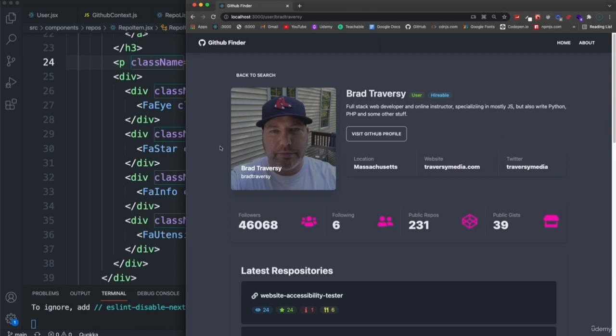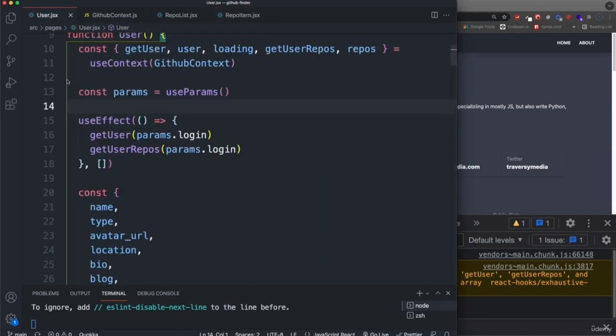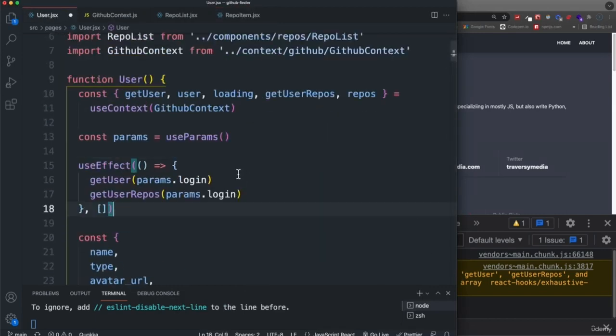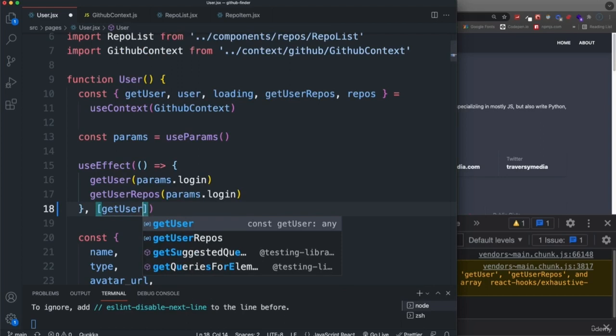One other thing that I want to mention is if we open up our console, you might have noticed this warning here: React hook use effect has missing dependencies, get user repos. So that's talking about the user page or the user component. And the reason it's complaining is because in our use effect, we're calling get user and get user repos, which are functions that were created outside of the use effect. So it's saying, hey, add them here as dependencies like this. Now, you don't want to do this. Don't do this, because if you do, it's going to cause a never-ending loop,